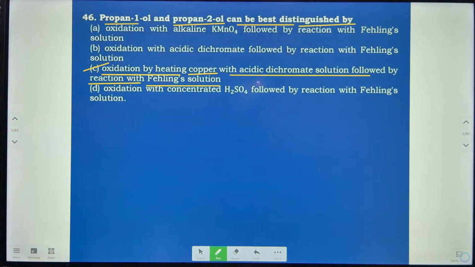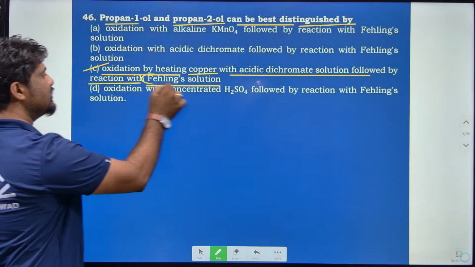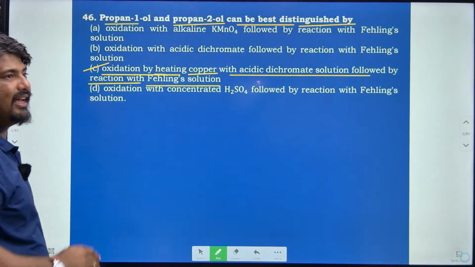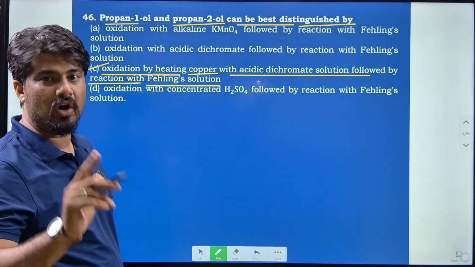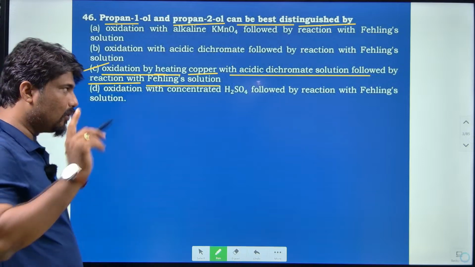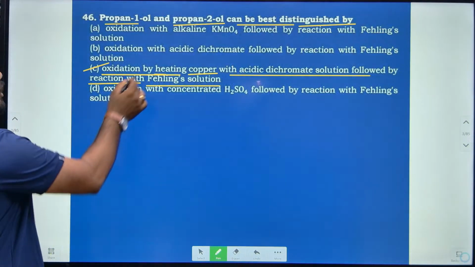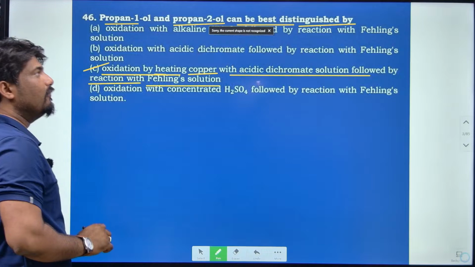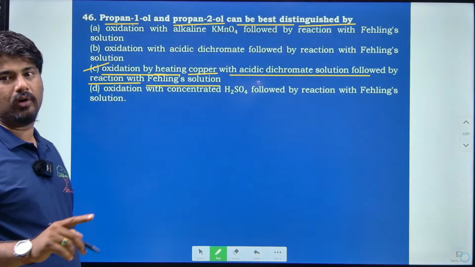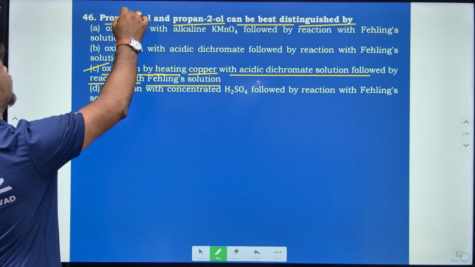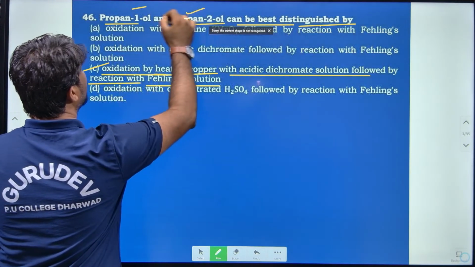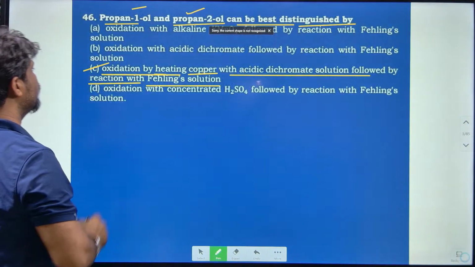answer, because Fehling solution is a weak oxidizing agent. It oxidizes only aldehydes, not ketones. Here the copper is the one which can convert only aldehydes. So that's the reason why 1-propanol and 2-propanol can be distinguished by the